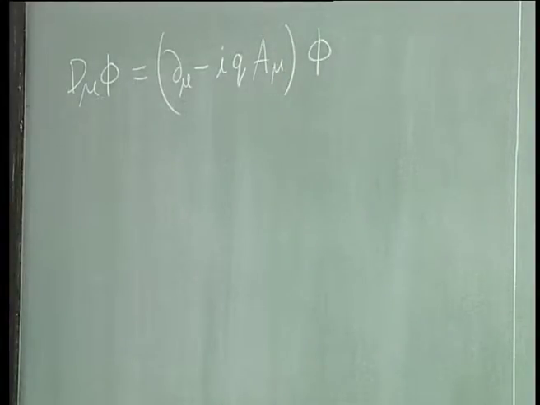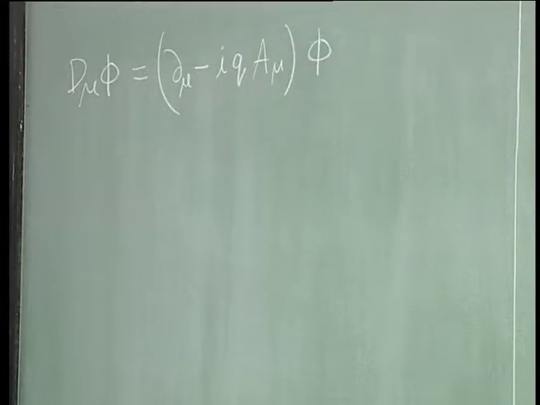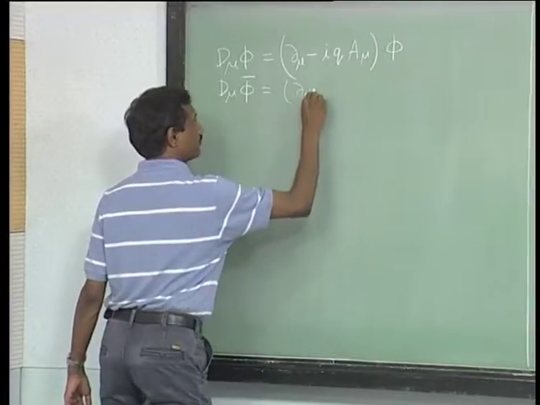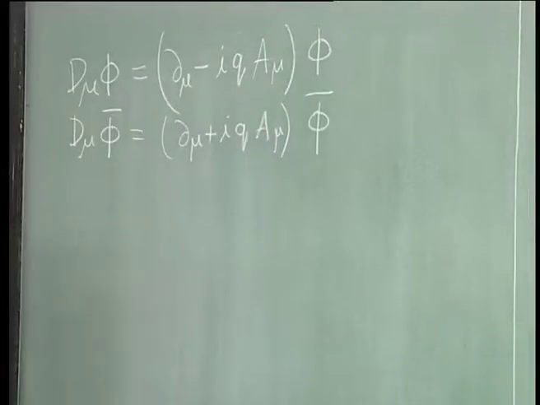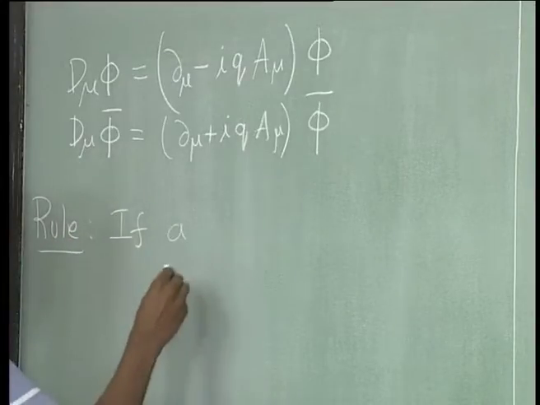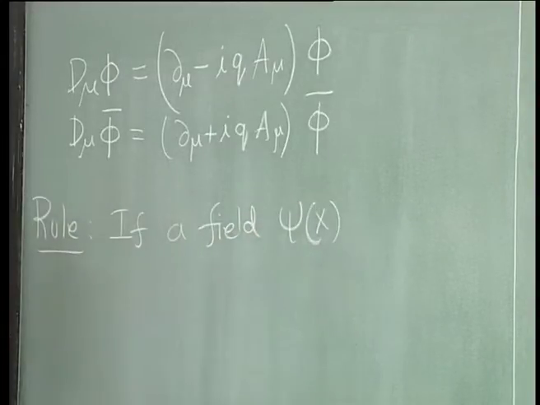This is how we defined it last time, and of course, for the complex conjugate field I said it is better to think of phi bar as something which has charge minus q. So, the rule is that if a field psi of x, by that it could be a product of fields, it could be composite, it need not be, it could be phi square, phi cubed, has charge p,